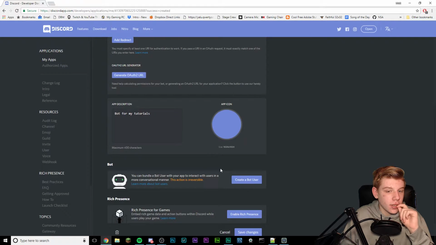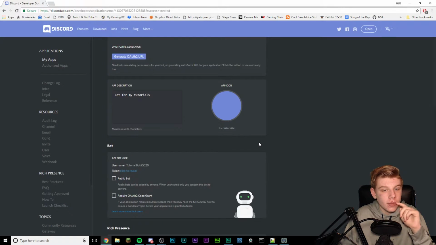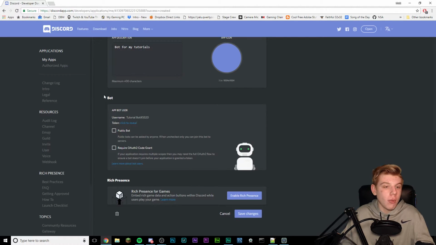So here it all is, and here's your bot set up on Discord. Now what you're going to want to do here is scroll down to the bot tab right here. It's under the app description and app icon. We're going to click on create a bot user and yes, do it. This will allow the bot to respond to commands and stuff like that. If it wasn't, you would see bots, for example, that let's say I posted a YouTube video, it would basically put it in a Discord chat. That's a bot that wouldn't use what we just enabled right here,